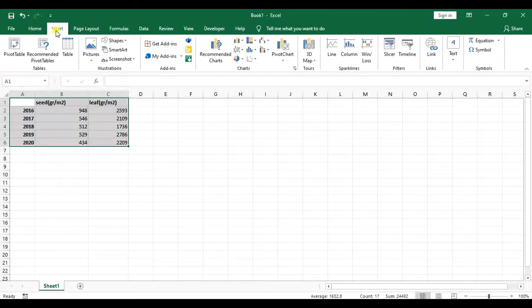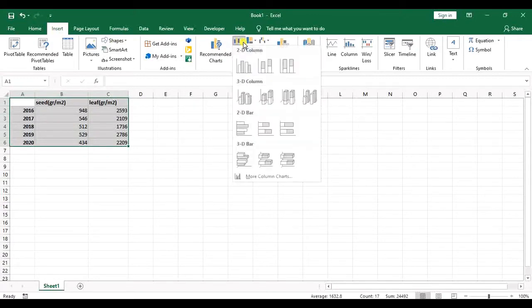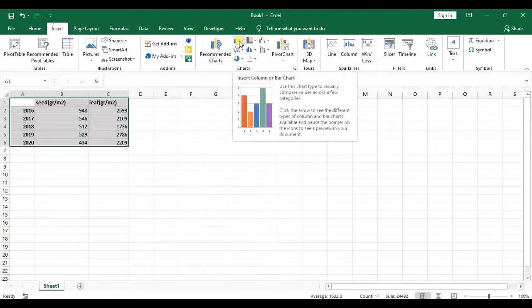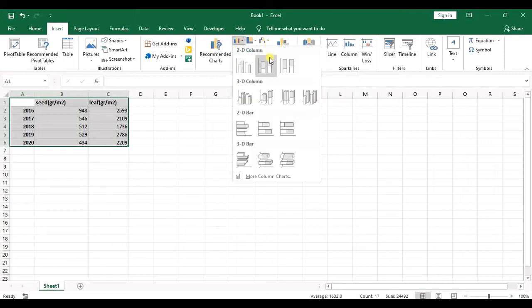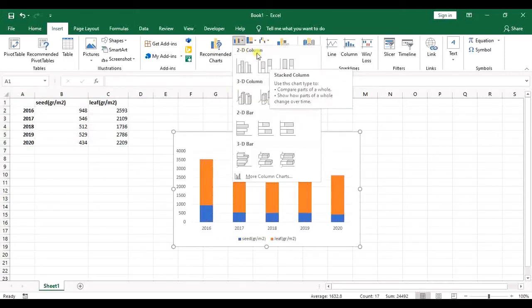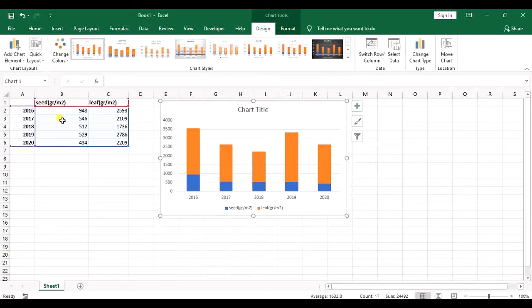So I go to the Insert tab, as I am already, and then I go for 2D columns. Its title is Insert Column or Bar Chart. I click on that. The second one in the 2D columns is stacked column. I click on that and you can see it